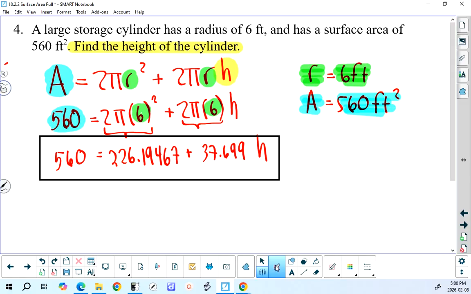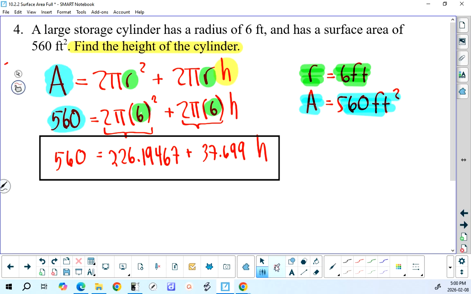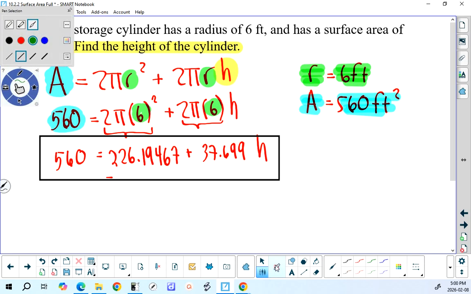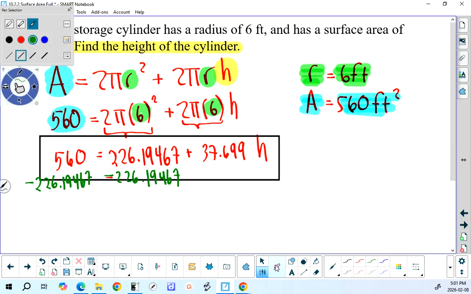So we start by subtracting from both sides 226.19467 and what we will get is